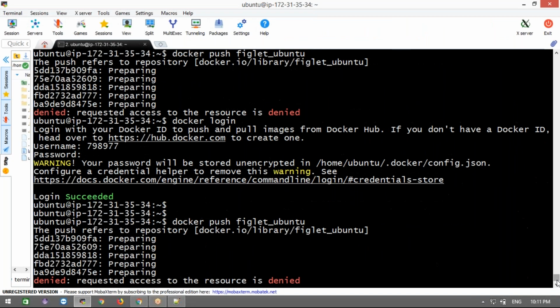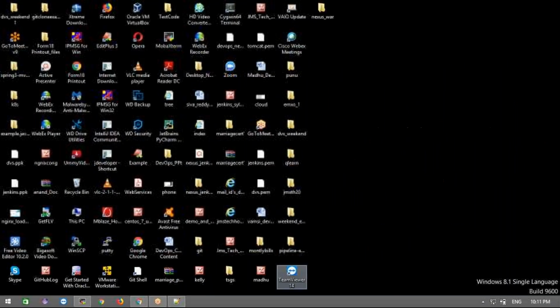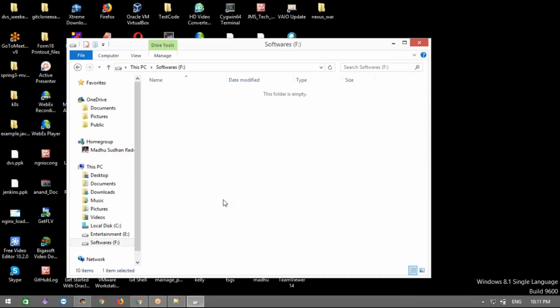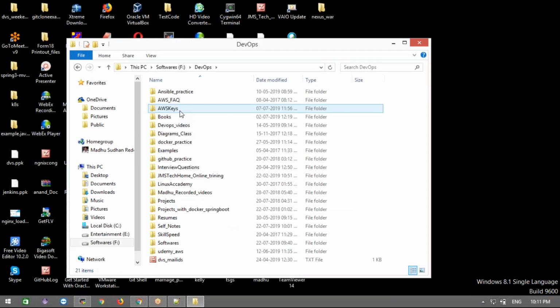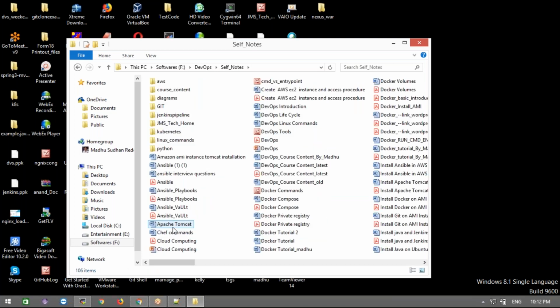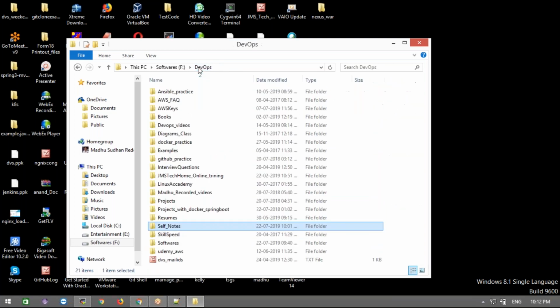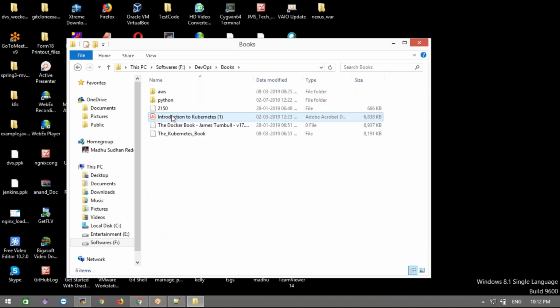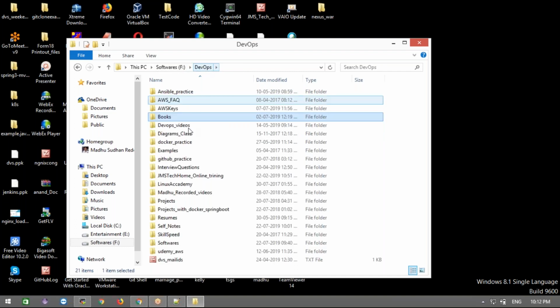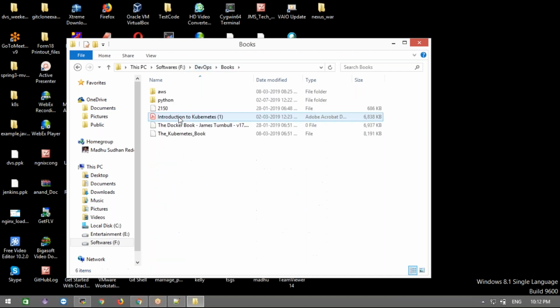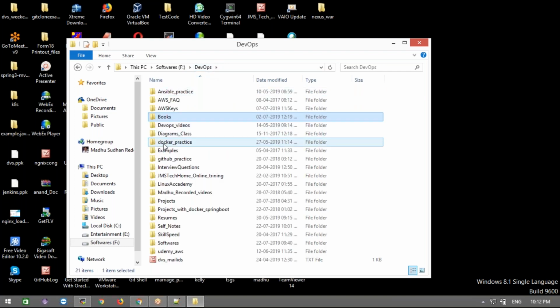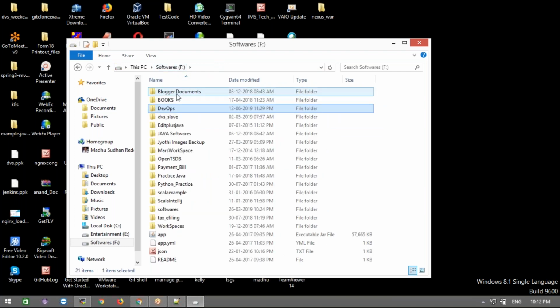Clear now? And I'm going to give you one documentation. Let me show you. This is very good documentation from scratch. Whatever notes I prepare, I'm going to give those also.